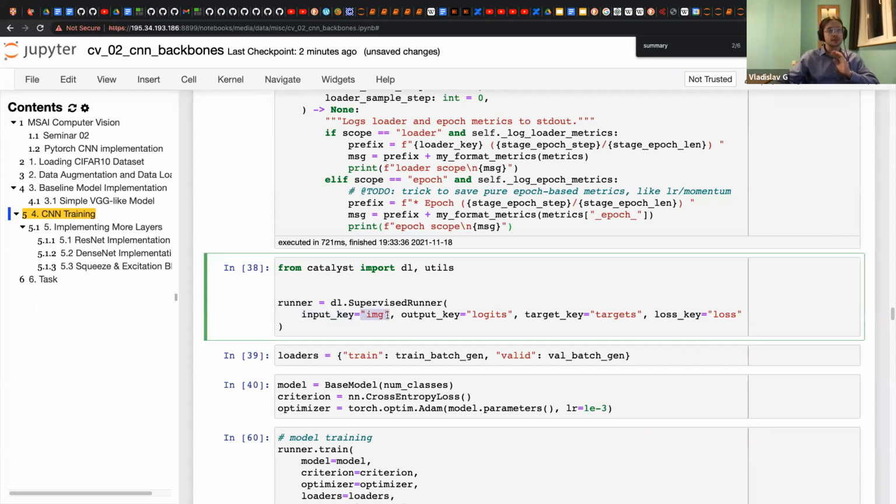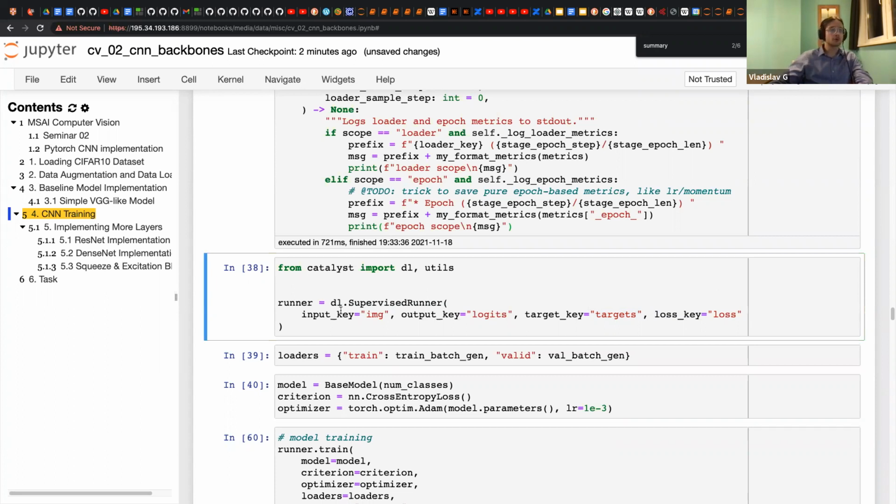In our case, it is EMG, and the model, we will provide this to the model, and model will output to output key of logits, and the target key, which is also returned from the dataset, will be targets, and loss key will be loss. This will be stored into Catalyst by these names.